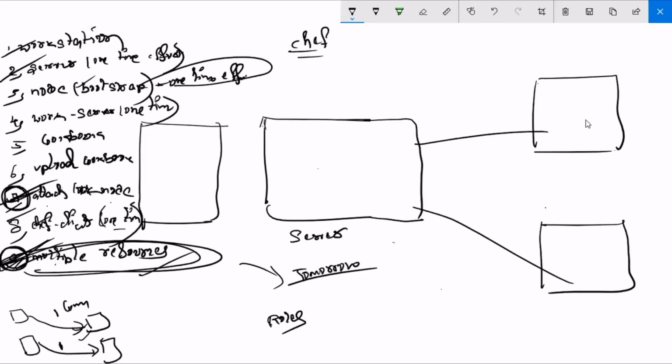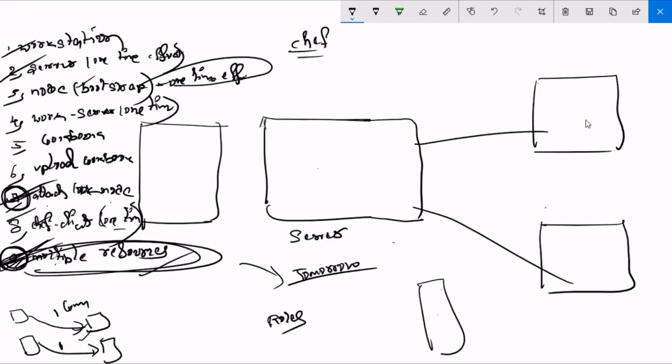Sai, one question. Yes, please. There is a command, knife node run list with my node something. What does that mean? See here, it is attaching a role to nodes.